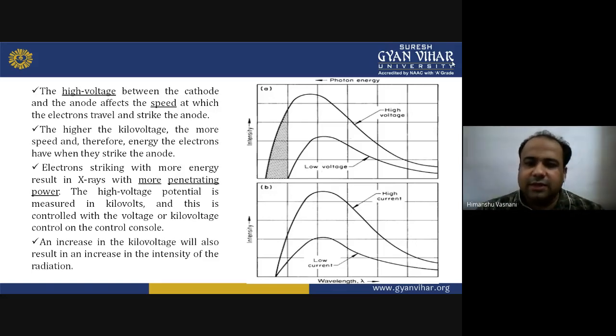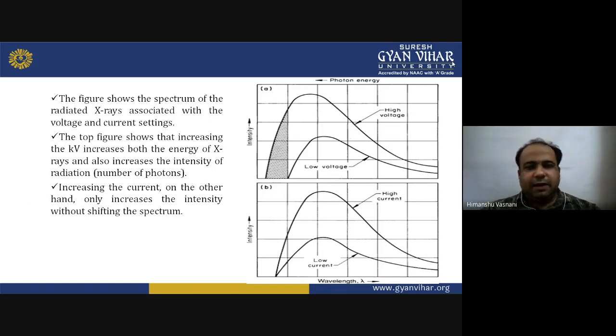Okay, you can see in the right hand side diagram there is a graph between wavelength and intensity. You can say when the high voltage graph is shown and low voltage graph is shown. Then at the bottom, high current and low current graphs are shown. Now the figure shows the spectrum of the radiated X-ray associated with the voltage and current setting. The upper diagram is showing voltage settings and the bottom diagram is showing current settings, denoted by A